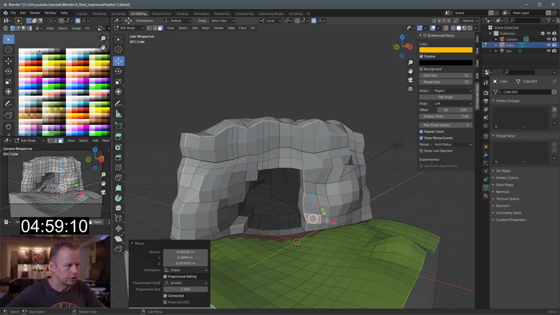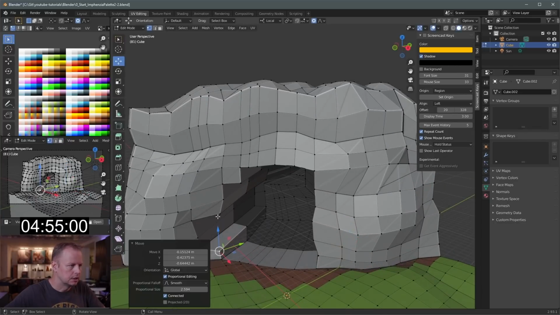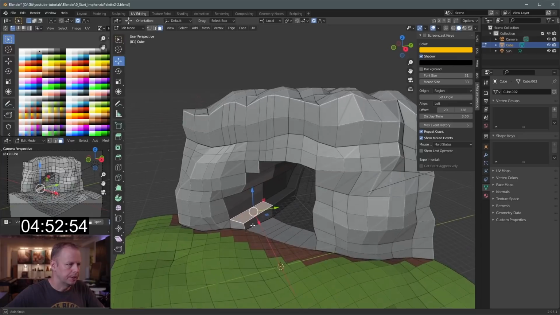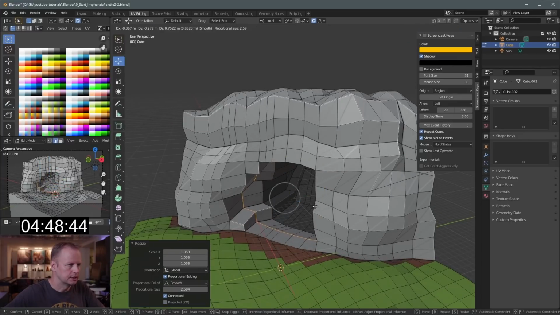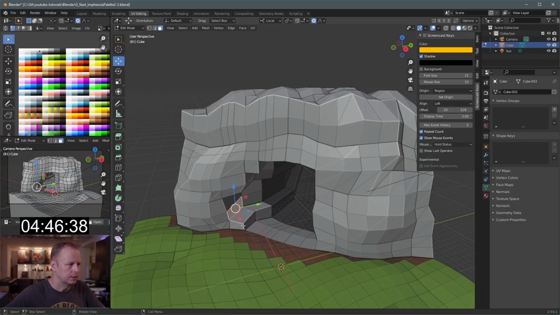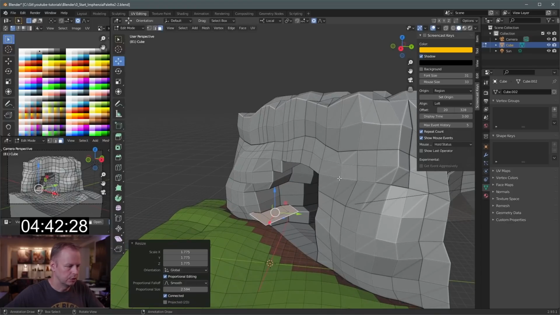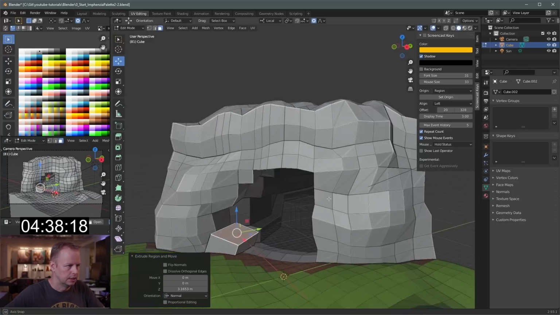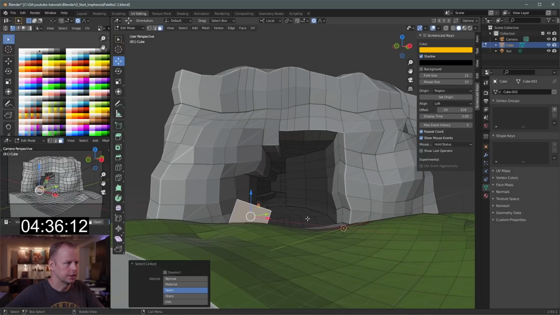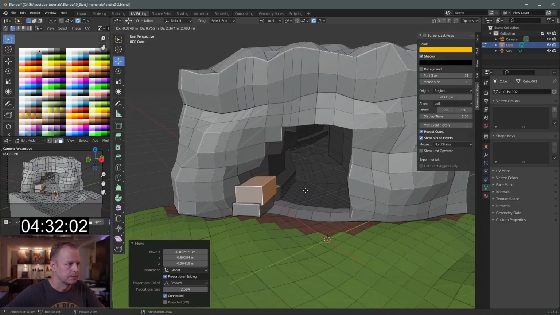Oh, I got this like a dungeon entrance here. But let's put some rocks here then. And so I'll pick any random face here, Control R first. Want a little bit more detail here. And now let's grab my favorite thing, Shift D, duplicate the face, extrude, or scale it, rotate, G to move it, E to extrude. Now I'm just gonna put some random blocks here, I think, as it was like piled up by the entrance. Shift D,